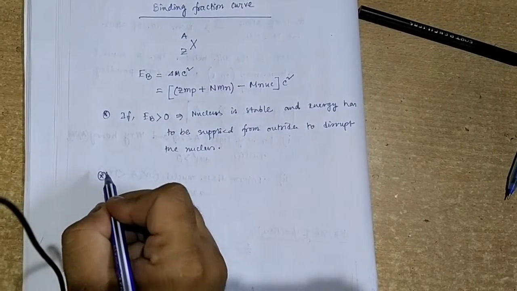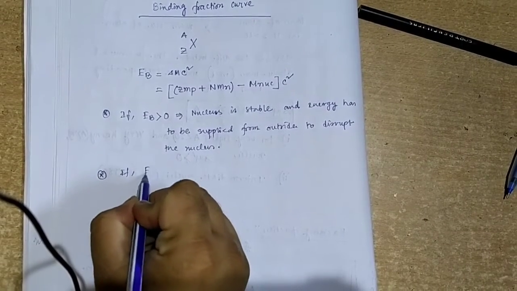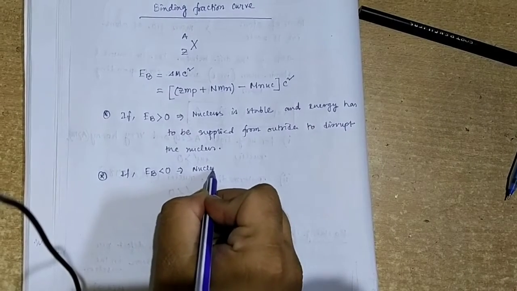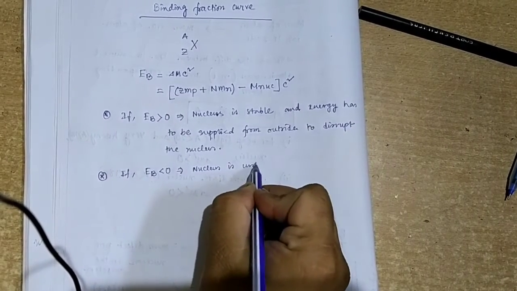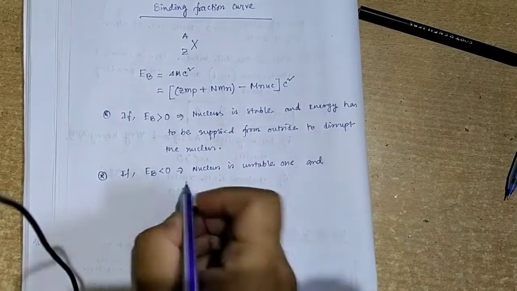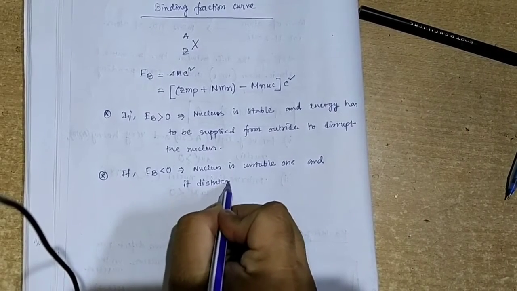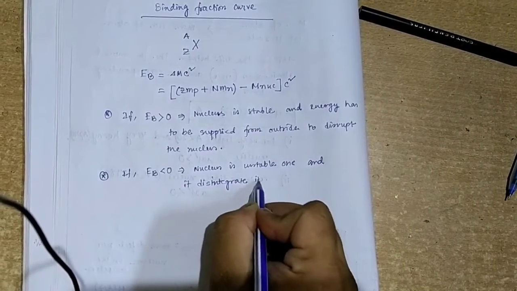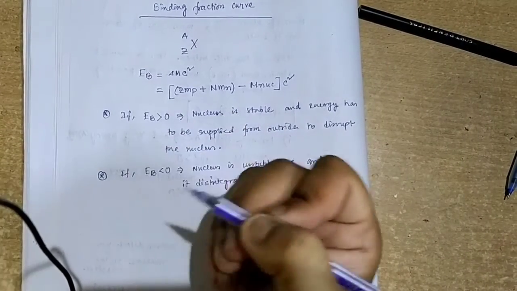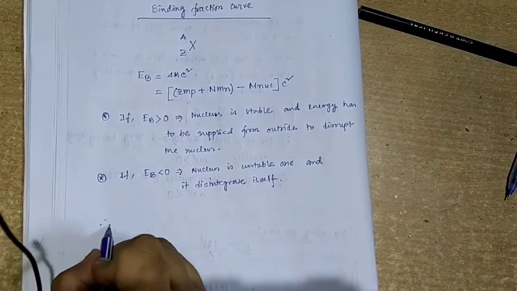Second, if EB is less than 0, then the nucleus is unstable and it disintegrates itself, মানে নিজে নিজেই ভেঙে যায়। ওকে, আর যদি গ্রেটার দেন 0 হয় তাহলে এটাকে ভাঙার জন্য বাইরে থেকে এনার্জি সাপ্লাই করতে হয়। Now that means, therefore,